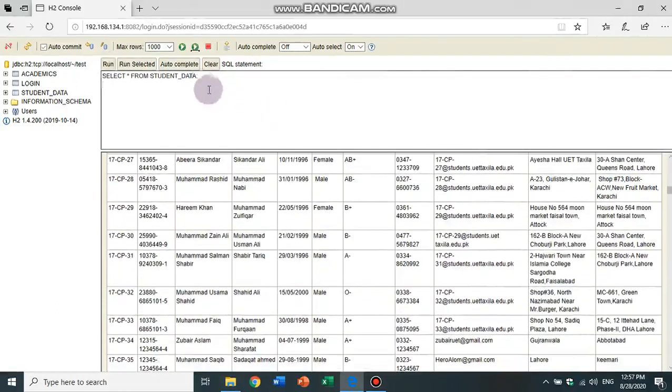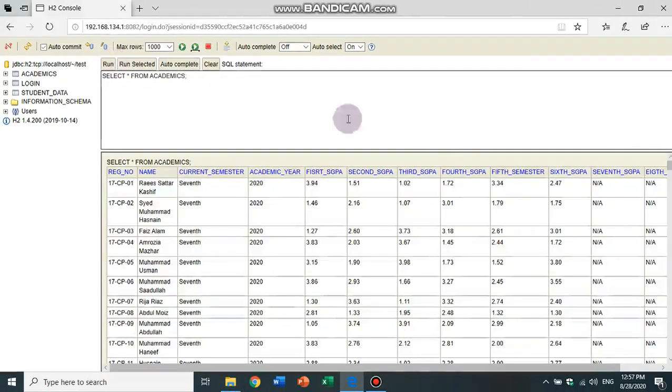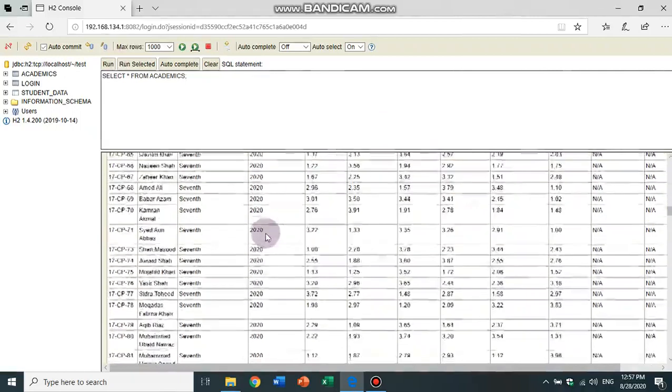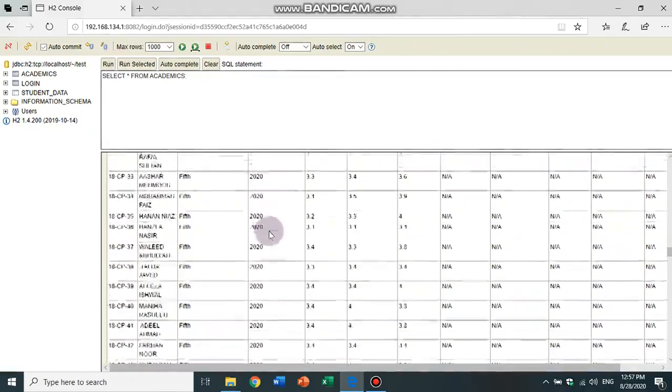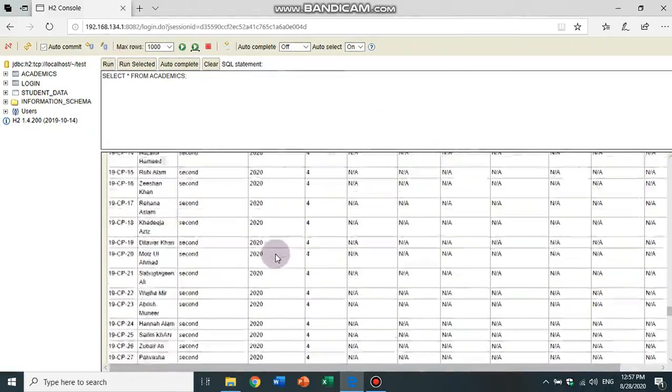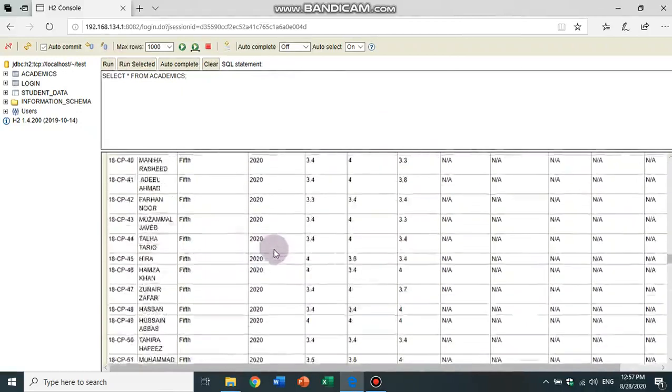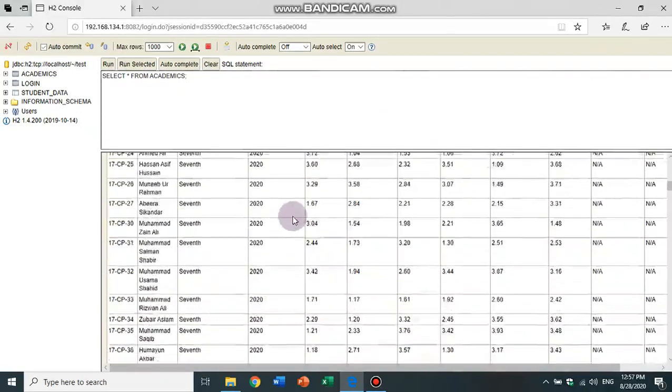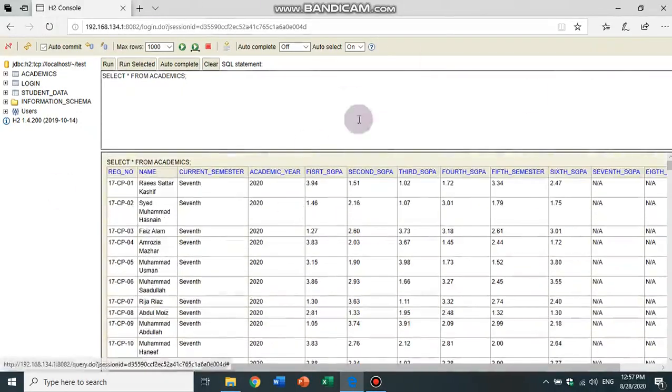Same is for if I want to check the academics data. The whole data has been opened here. A large amount of data is stored here, and the main purpose of using this online database is to make our jar file standalone.